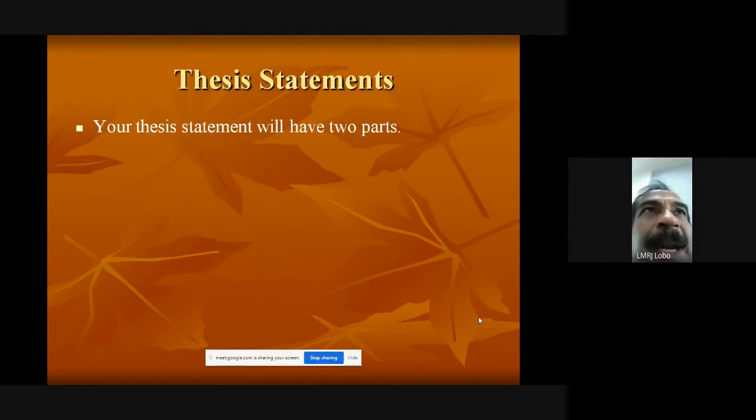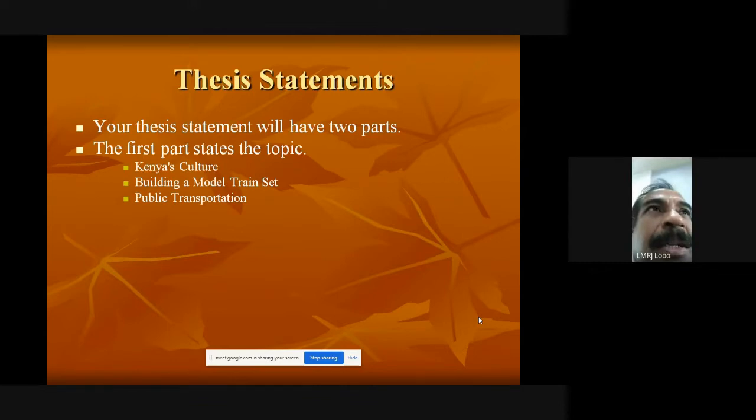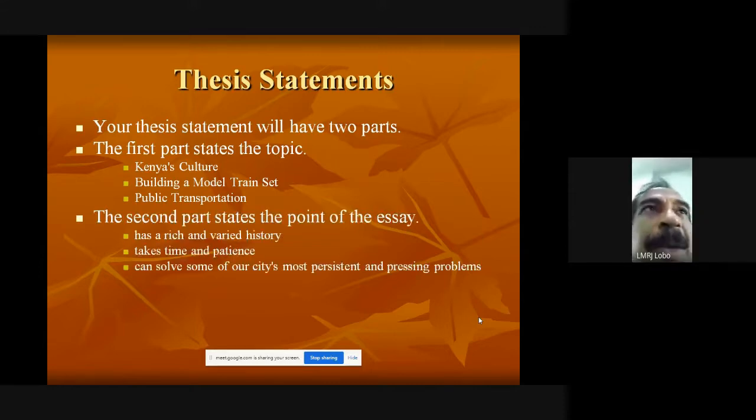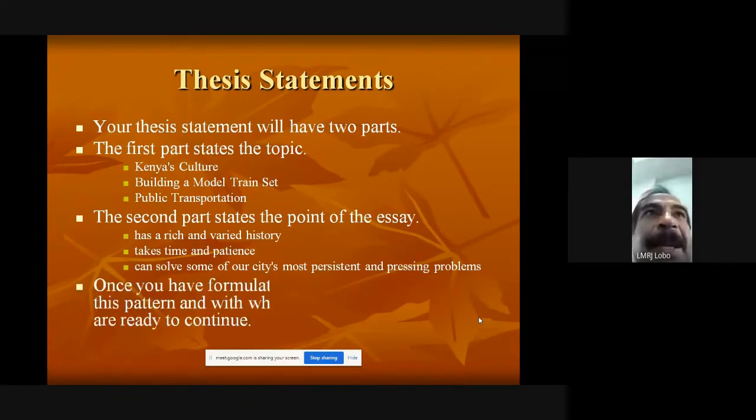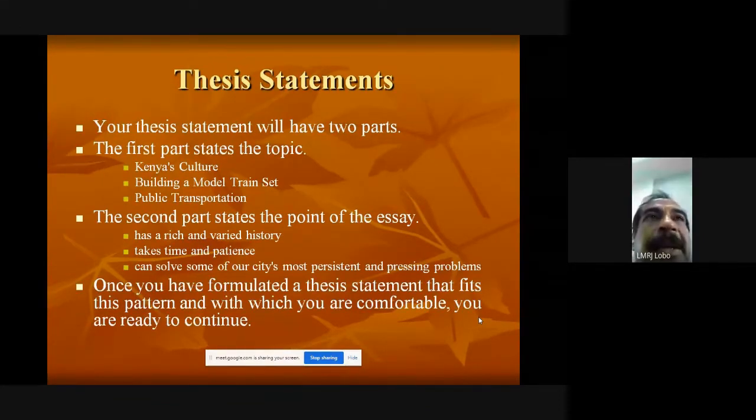So your important statement will have two parts. The first part will state the topic, describe the main points, and how you are going to proceed in your topic. And the second part states the points of the essay. Then we can solve some of these persistent problems in our essay. Once you have formulated an important statement that fits this pattern and with which you are comfortable, you are ready